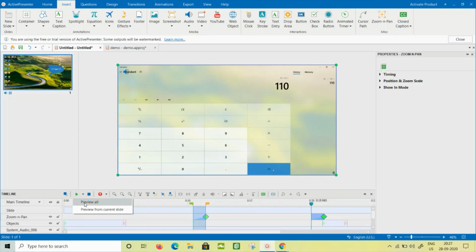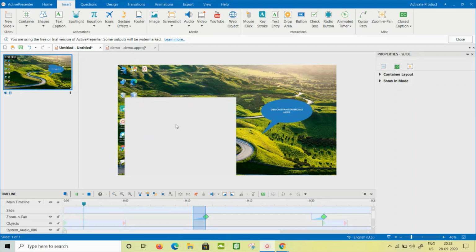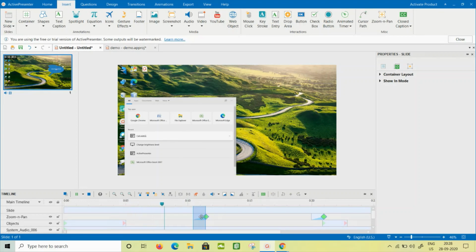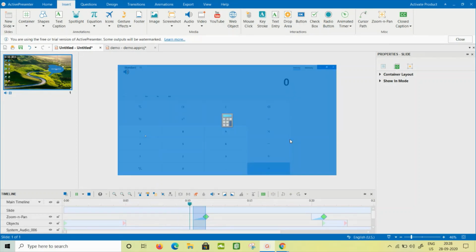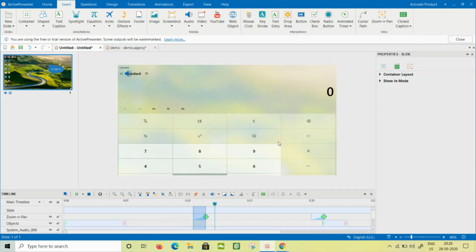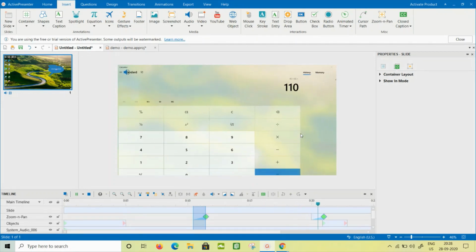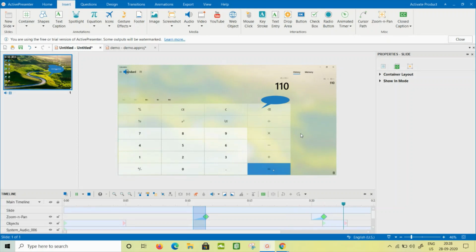If you want to see how it works, you can use a preview. As you can see, it shows here for the first 5 seconds. Right now, it will zoom in. At the 20th second, that will zoom out. Okay. And you have to save